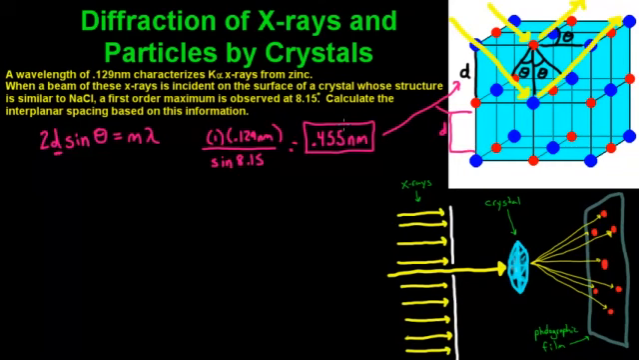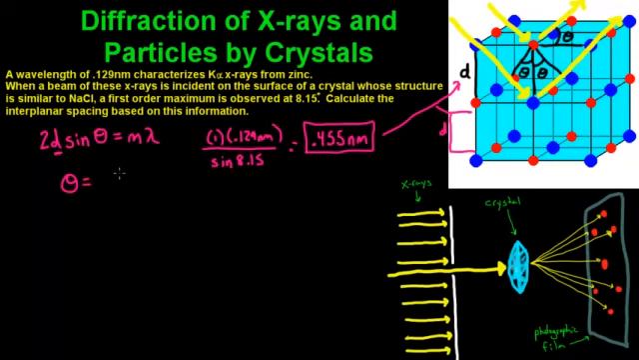Now let's say that we did not have theta, but we had d, the interplanar spacing. How would you rearrange this? Well, now we have d, but we don't have theta. So basically, you're just going to rearrange it so that it looks like this. Theta